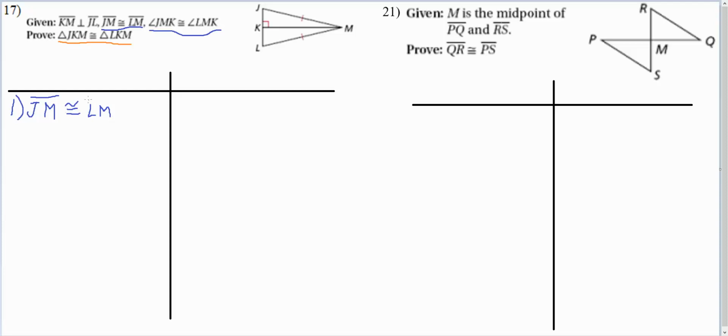So JM congruent to LM, that is given. And that particular milestone is a side. So our next one, we're going to look at that third given,